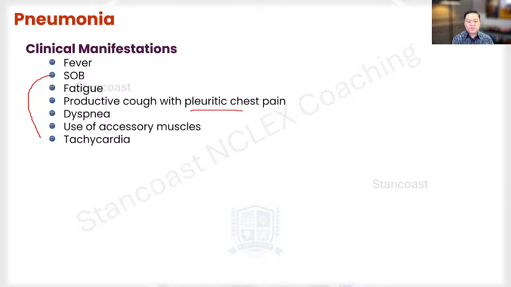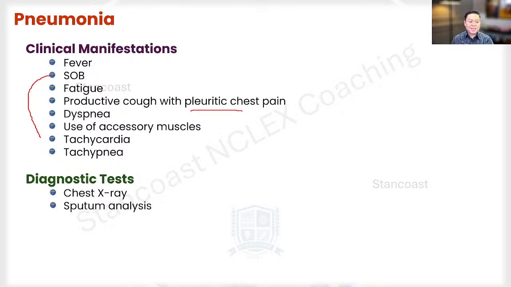Now, we'll talk about the diagnostic tests that will possibly be ordered by the medical provider. And of course, the topmost diagnostic test is the chest x-ray. Well, this is going to show us the pneumonia, the local area, or maybe if it's already spread, or maybe it's affecting different areas. So let's say, for example, the chest x-ray is showing lobar consolidation. When it says that,